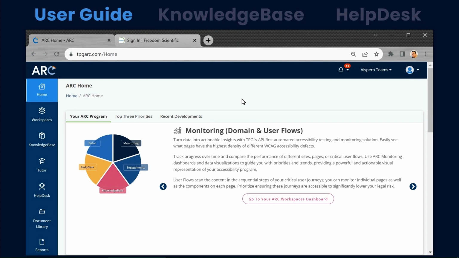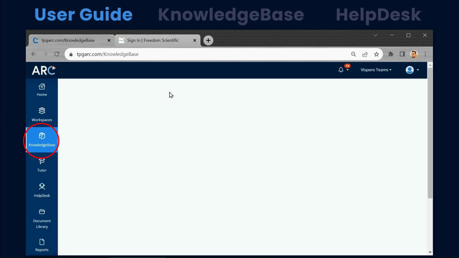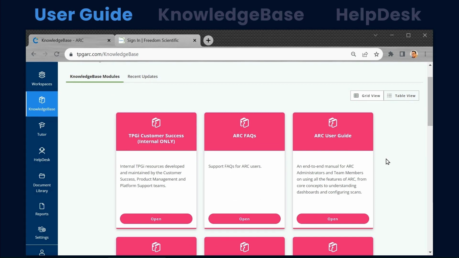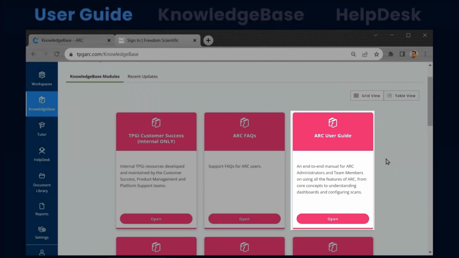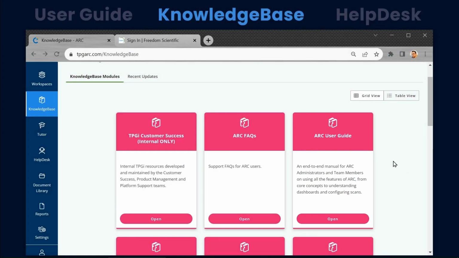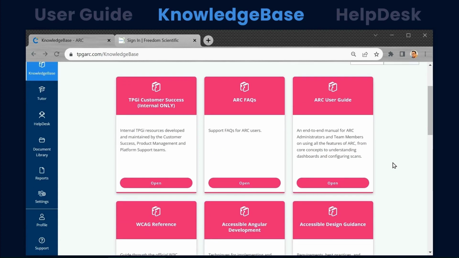Getting support. On that, let's discuss where to get support for your engagement. In the Arc knowledge base, the Arc user guide provides comprehensive documentation for every feature and functionality within the Arc platform. It contains resources on setting up monitoring, navigating your engagement, using Arc's API. The Arc user guide is your first place to look for answers to your Arc questions. The Arc knowledge base contains the full WCAG reference, WCAG tests, and accessible web development modules, which we used earlier. Between all of the different modules in the Arc's knowledge base, there are hundreds of articles on accessibility techniques.